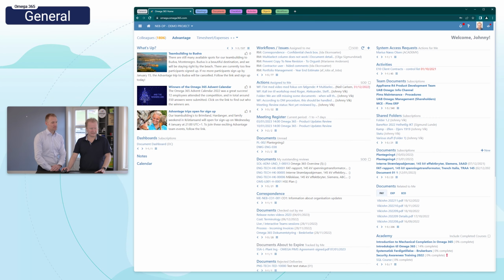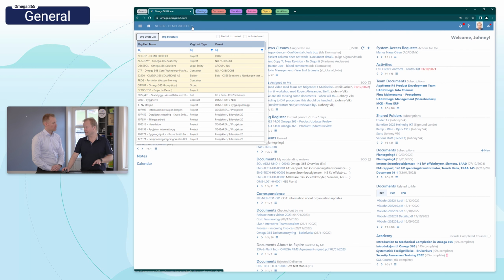So a little thing first, we have made it more clear where you can change your context. This little icon here is now added, so that makes it pretty clear that here is where you can click and select your current context among all the org units, either from the list or